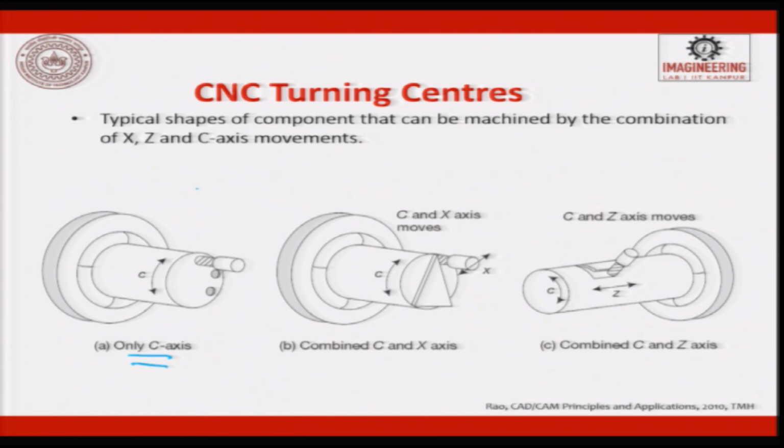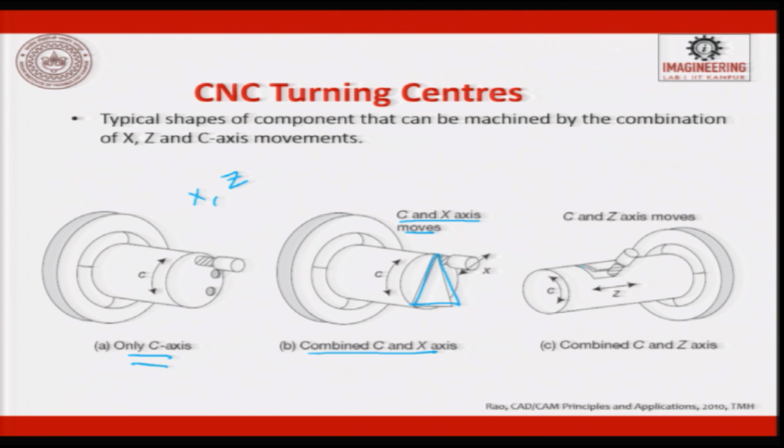Apart from your X and Z axes which are used in a lathe machine, if you have a C axis, you can offset and drill a hole and you can stop it at regular indexed positions. In a lathe machine the RPM keeps rotating. So, now you are discretizing the rotation. That is why you are able to drill these holes. The other thing is, by combining C and X, you are able to make a triangle. When C and X axes are moved, you can get a triangle done.